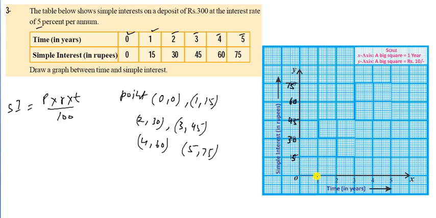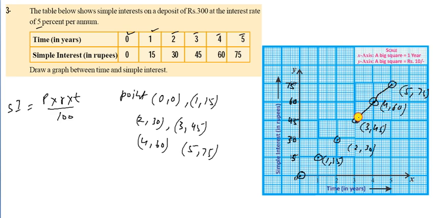Now at 1, how much is yours? At 0, it is 0. So you can plot here 0, 0, and at 1 it is 15. So you have to do here 1, 15, and at 2, 30. So you can plot here and write here also 1, 15, and here is 2, 30, and here is 3, and that is 3, 45, and here is 4, 60, and the last one, that is 5, and you can write here 75, and you can make a line